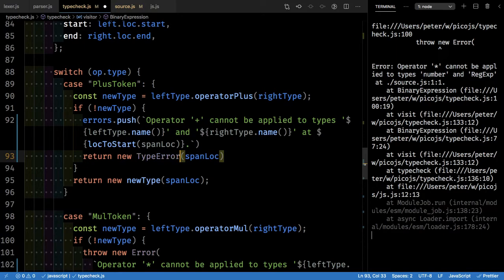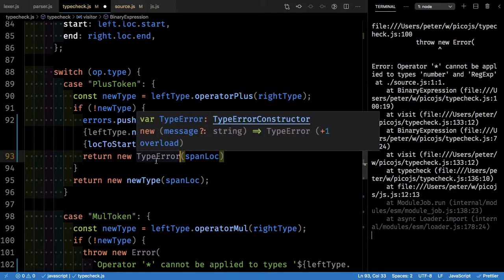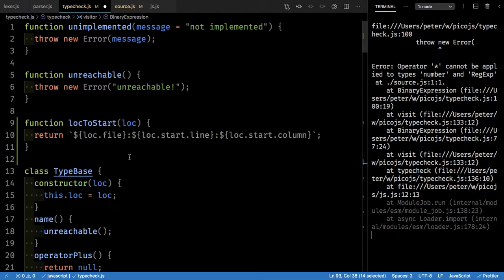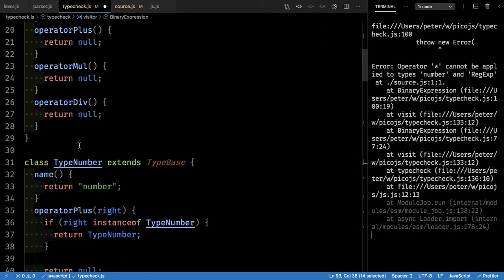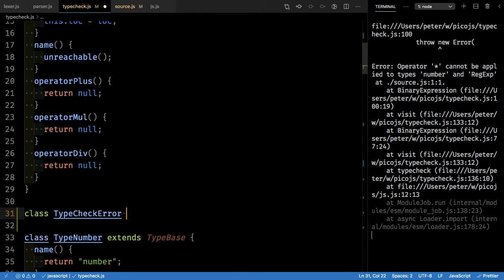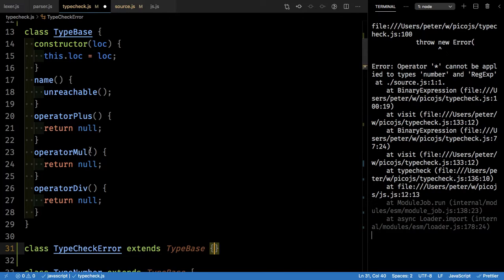So if you need to transform error to a type and it's really required, then it might be decided on the spot. So type error, okay, good. Type check error, something like this, and it is a type, so it has all of these things, and it looks like the base class extends type base, and it will have null, so it's